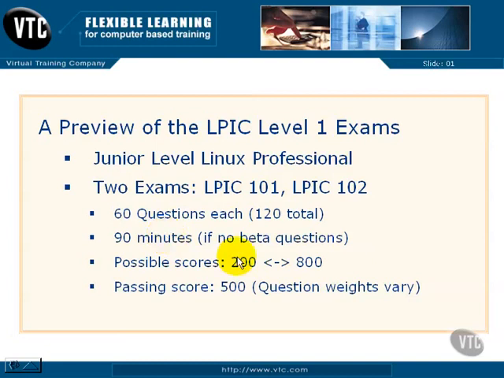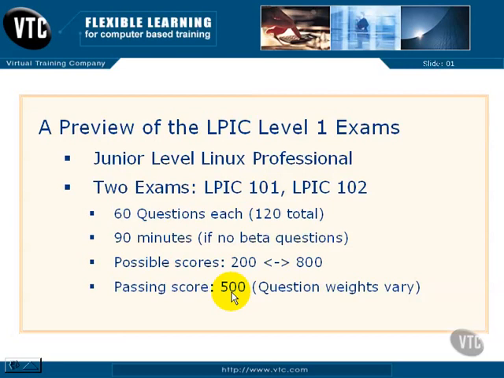The range of scores on each exam sounds like an SAT. You can get a score somewhere between 200 and 800. The passing score on each exam is 500. However, the number of questions that you need to answer correctly will vary because the score varies with the difficulty